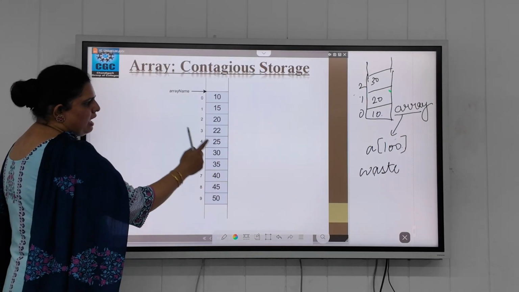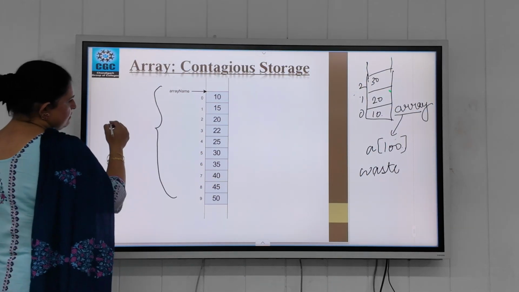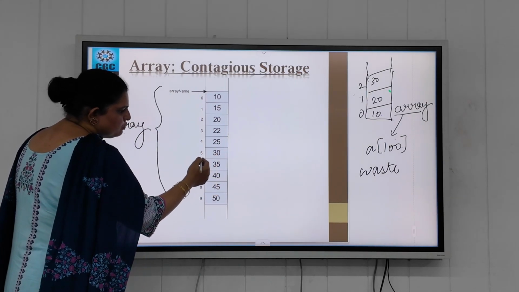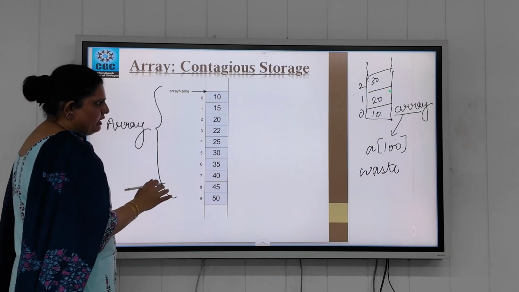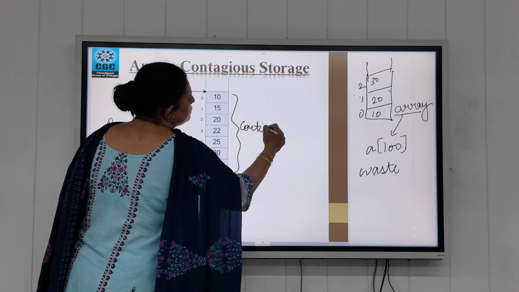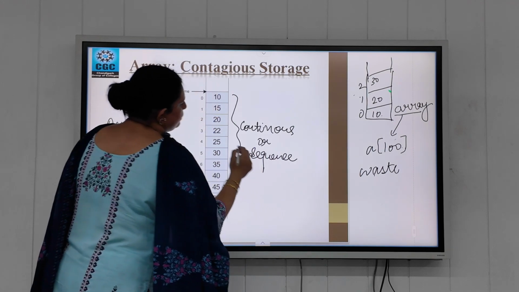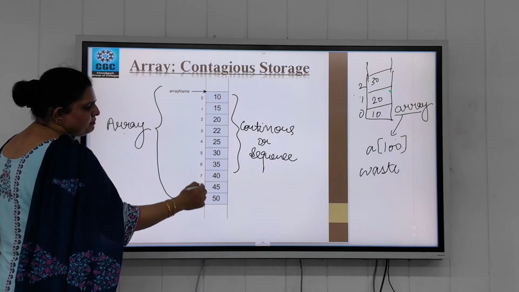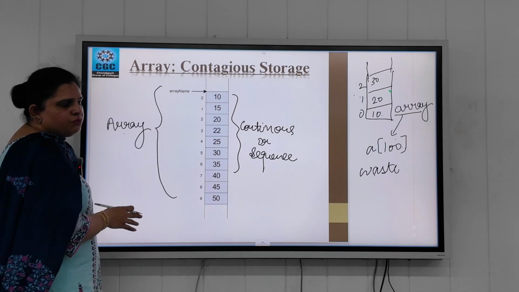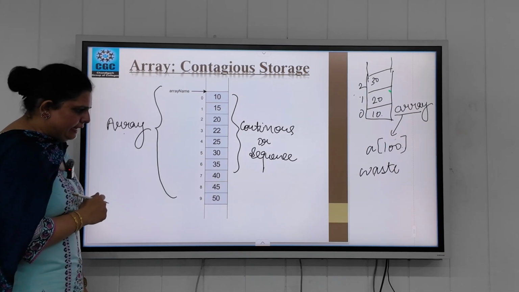So this will be the example of our linked list, and this is our array. Now you can check that in an array there are no vacant memory spaces in between. Over here all the data is stored in continuous or sequence form, in a sequence, and no space is vacant. So this will be the drawback of array. That is why we do not prefer array as the best data structure technique to store our data.